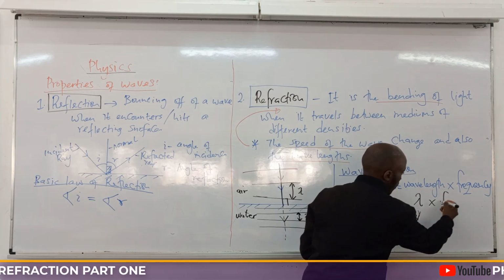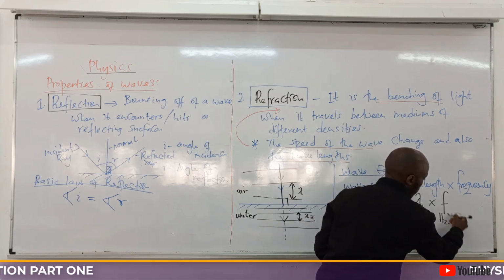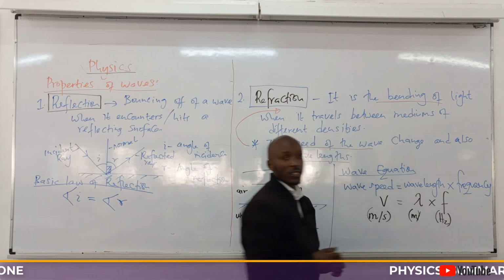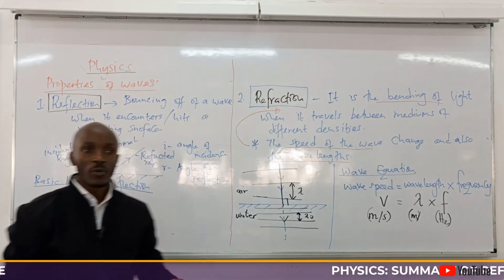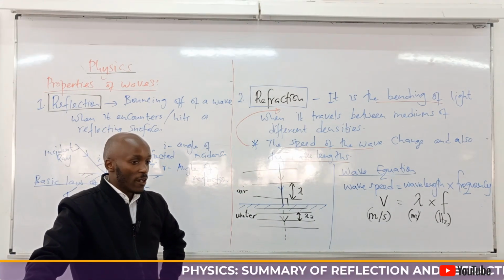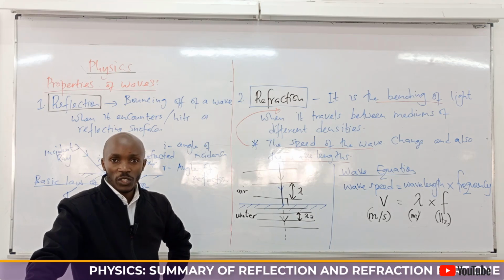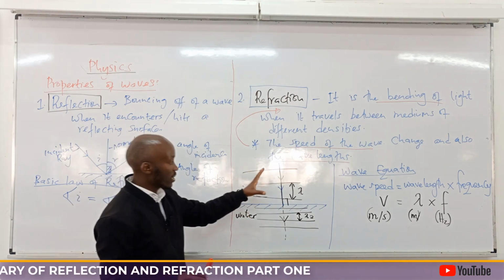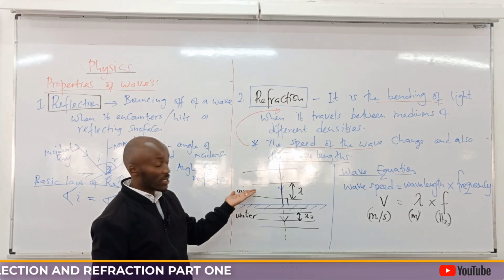In meters, frequency is in hertz, and this is in meters per second. All right? We're going to have an example to see how we can use this equation. Now, what I wanted us to realize here is, as the wave moved from a less dense medium